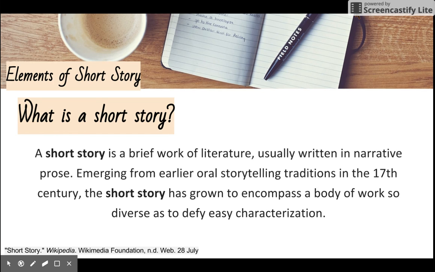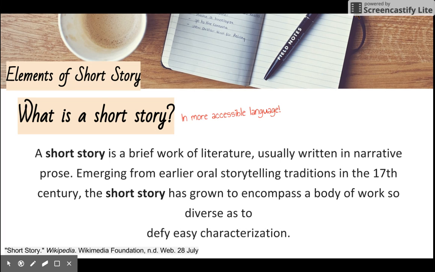So this definition comes from Wikipedia, as you can see it referenced in the bottom. So a short story is a brief work of literature, usually written in narrative prose, emerging from earlier storytelling traditions in the 17th century. The short story has grown to encompass a body of work so diverse as to defy easy characterization. That was a lot to take in, so let's take a look at it again, broken down in